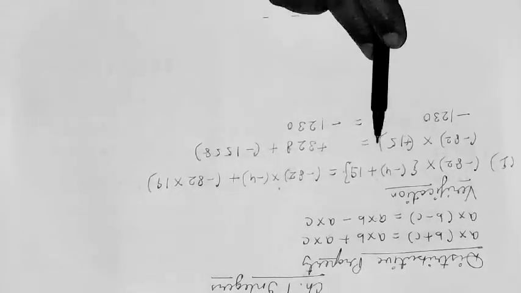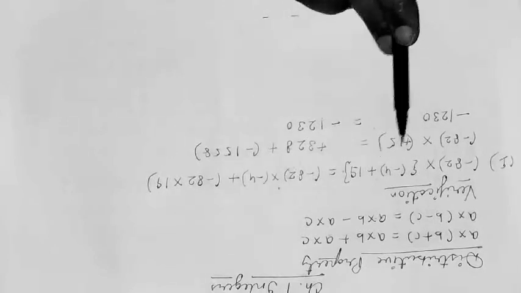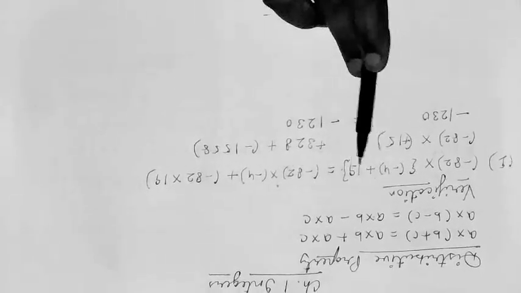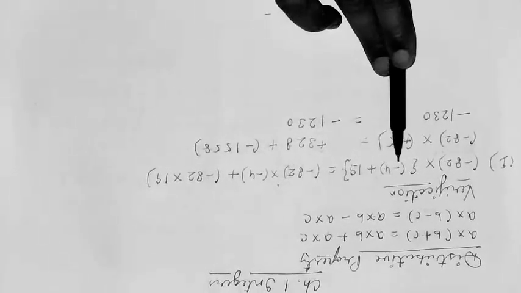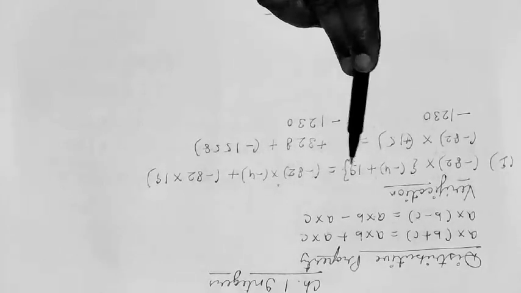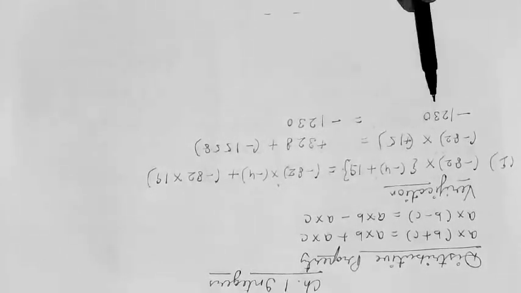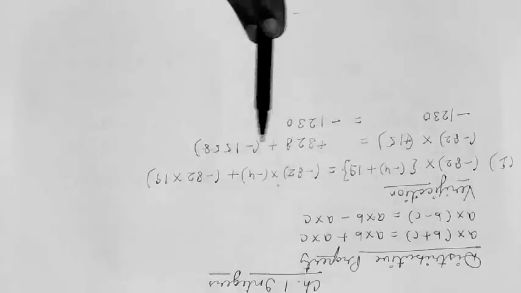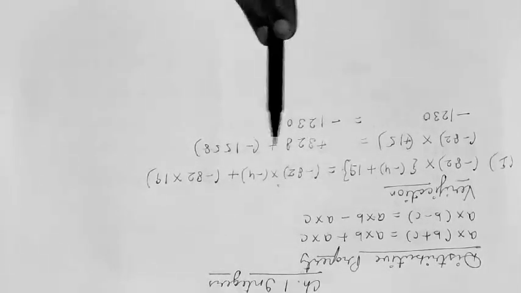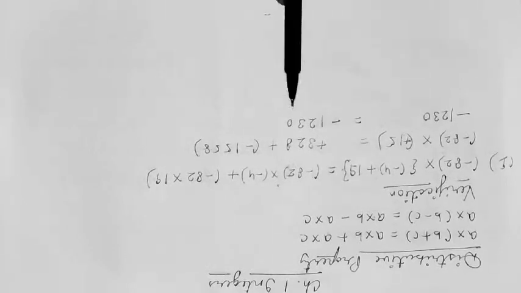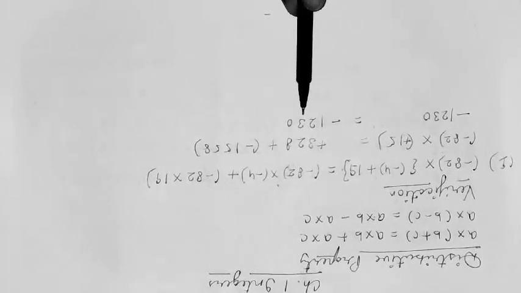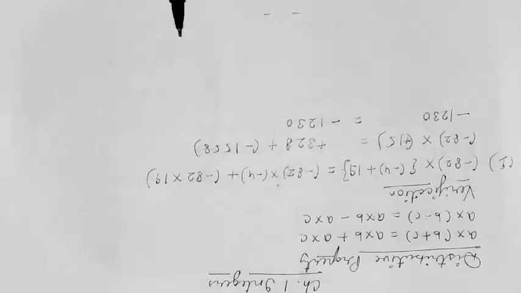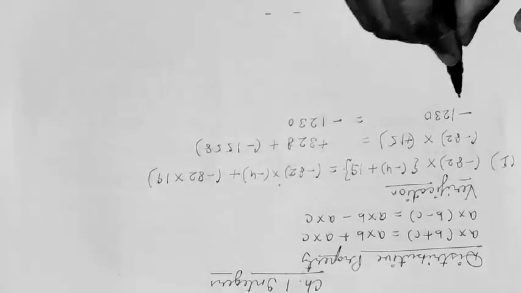Once again, I am explaining what we have done. We have solved the left hand side by solving the bracket first. Here we have taken one number negative, one positive, so we will do the subtraction and then multiplication. Here we have multiplied first, then accordingly we have solved the numbers seeing their signs, one positive, one negative, so we will subtract and the result is minus 1230, which is same in both sides. Let us take one more question of this type to verify the property.